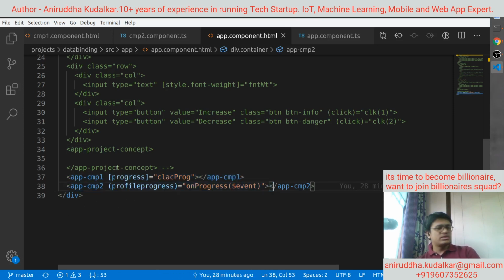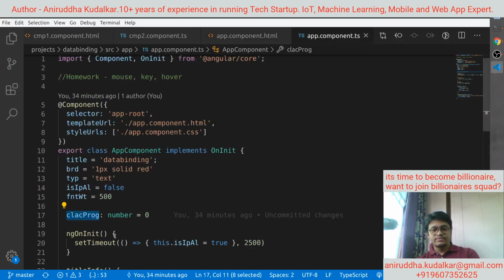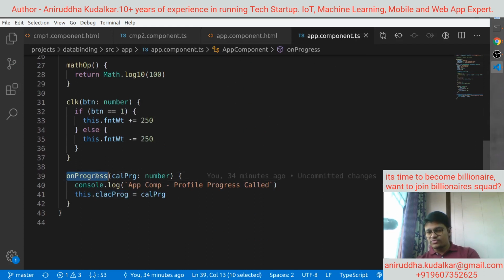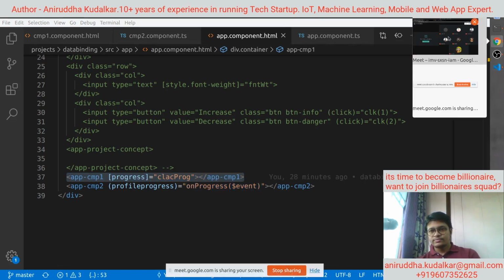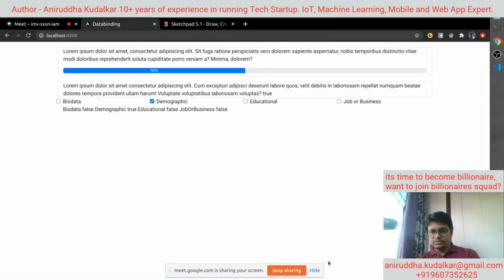Then whenever there are events in app component 2, this function would be getting called, on progress. The on progress function is available inside the parent component, that is nothing but the app component HTML. First index.html, then your app component. Inside the app component template you have written two components, right? Straight away go to the augury. If you want to understand that, go to the augury,